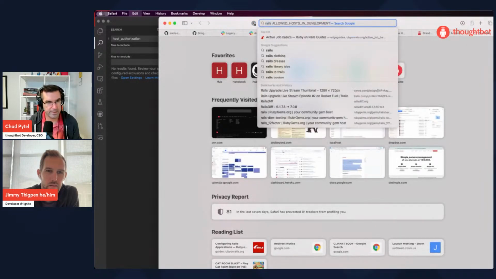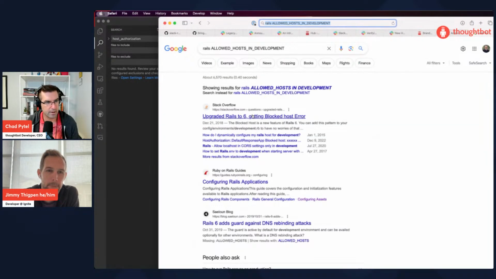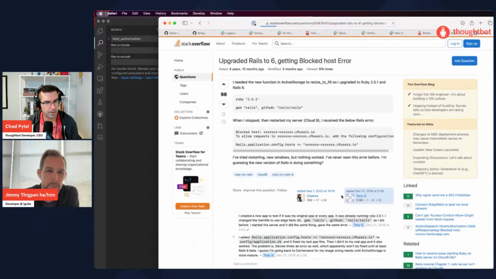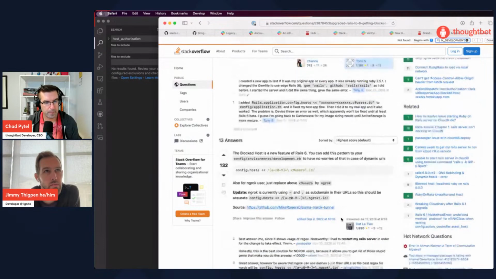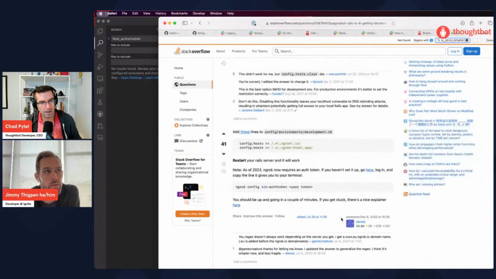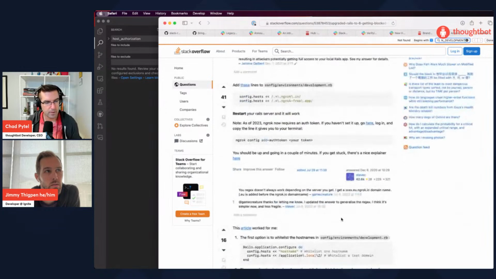This is new. I haven't actually customized this on a Rails app recently. Are there any other external services that poke at hub that would be in here? Config.hosts.